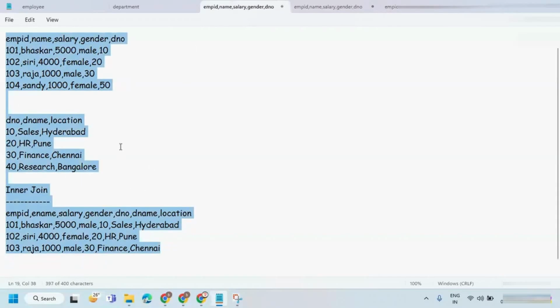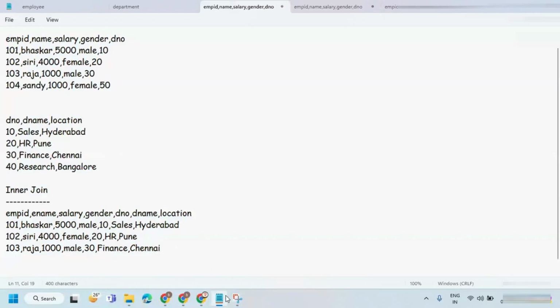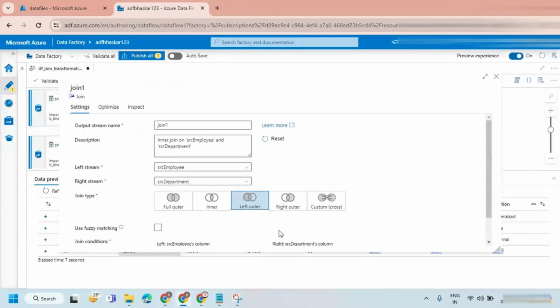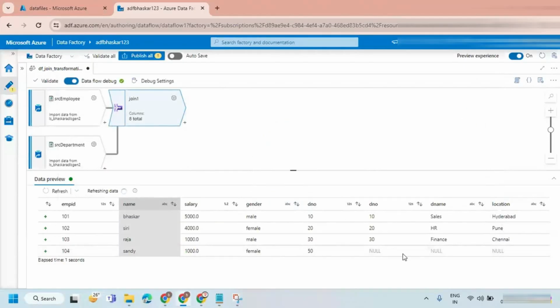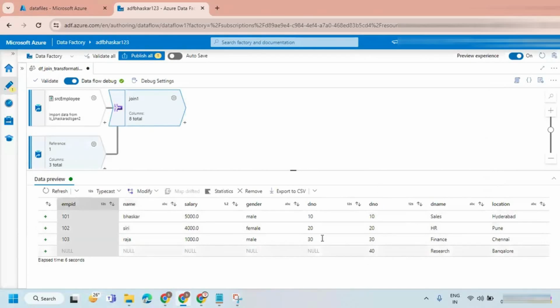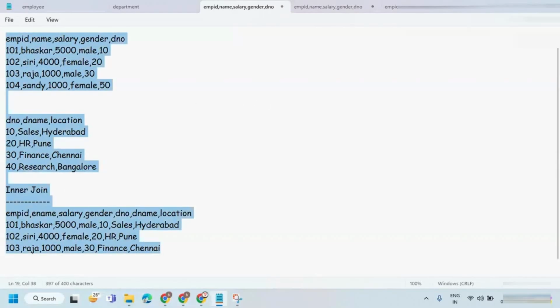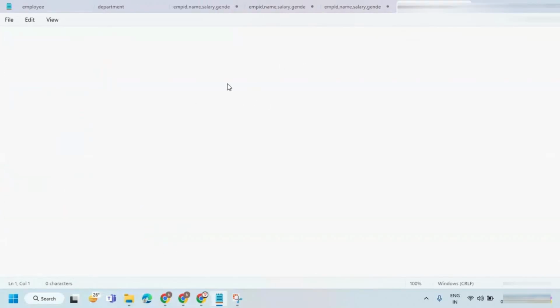And if it is a full outer join, how exactly it is going to be there? Before that, let me change this join from left outer to right outer and close this and observe the output, how exactly it is going to get. This side you will be having department number 40. Also, in department number 40, we are not having the employees. And let me take this copy again, add one more tab, paste it here.